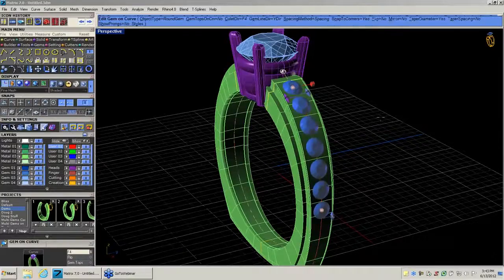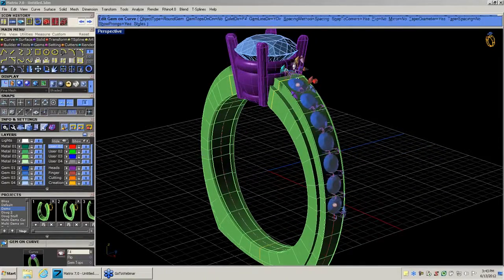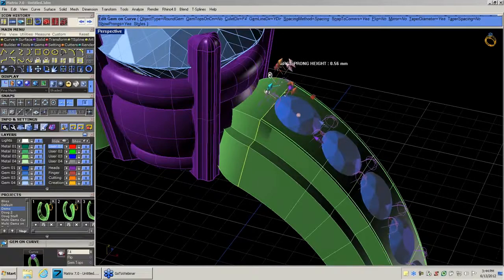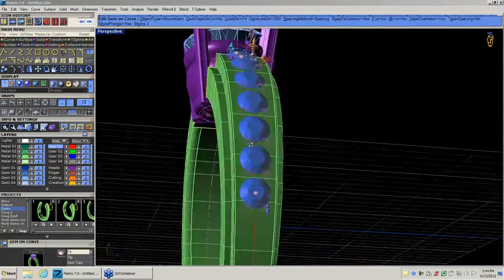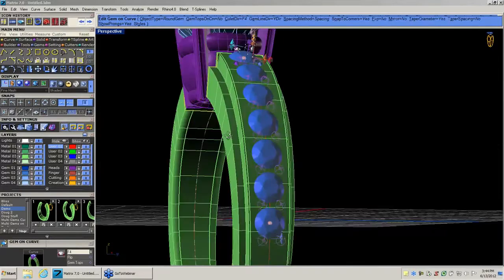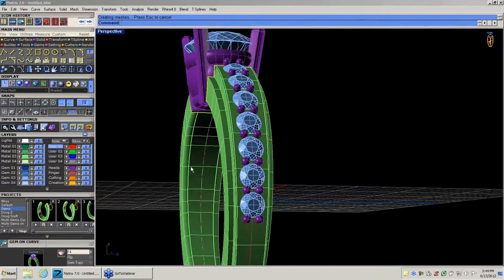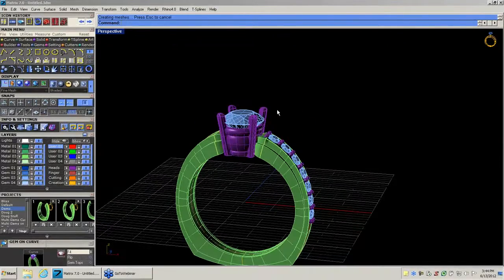I can sink these down, move these up. But I'm just going to go up here. I'm just going to show the prongs. So I'm going to turn the prongs on just to do a little bead sort of setting here. And I'm just going to pull these down just a little bit. We still have the nudge in here, and this knows that this is tapered, so it's adjusting it down here as well. And what's really kind of cool is no matter what I do with these, you'll notice that the prongs are following it, because the line has history with the stones, the stones have history with the prongs, and that's what's making that work. So when I hit enter, there is our little bead set